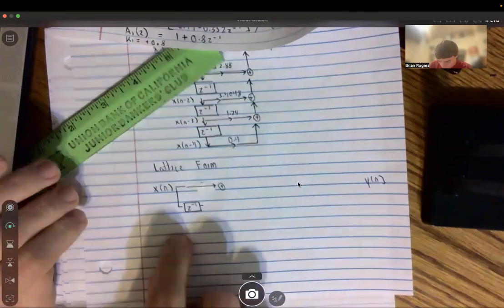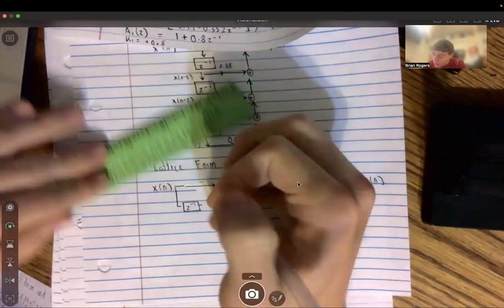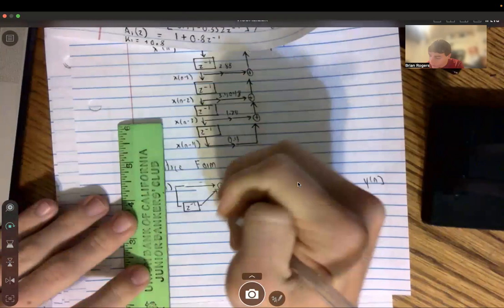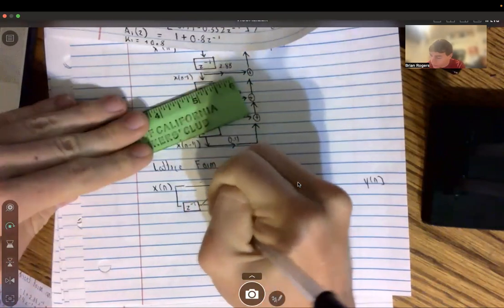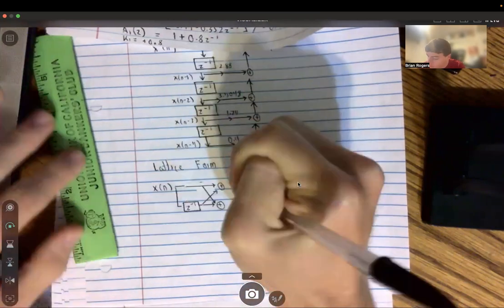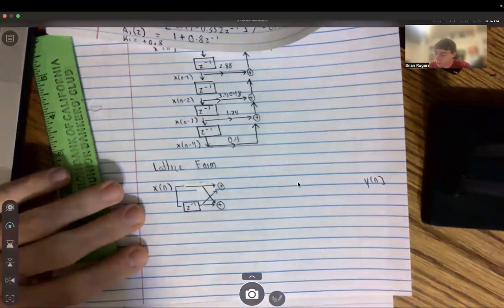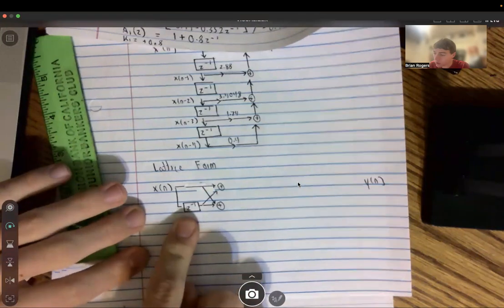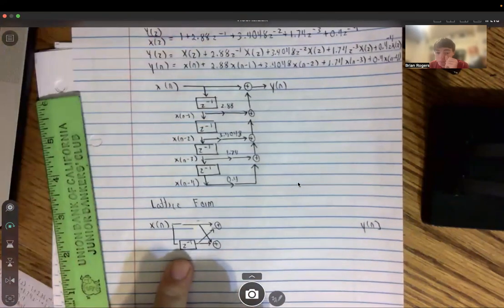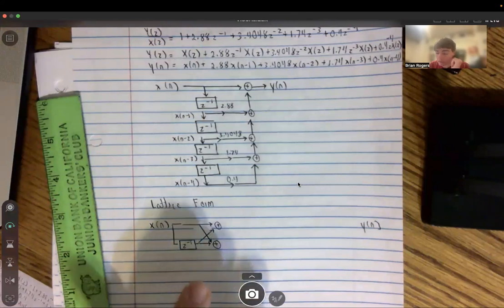You're going to see it's going to have this general type of structure, where this one also goes to the next one, plus here. And for our z to the negative 1, notice that when we wrote the equation,